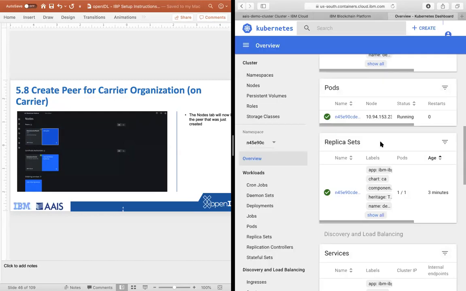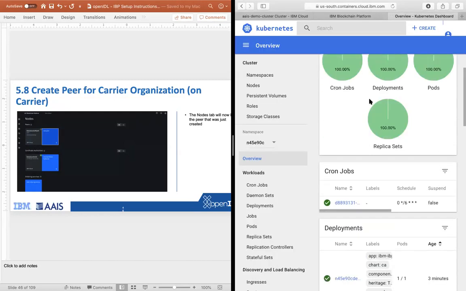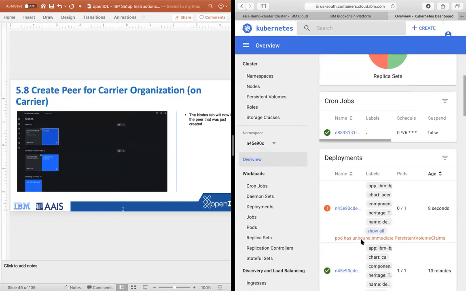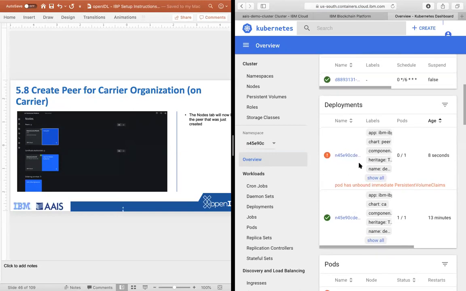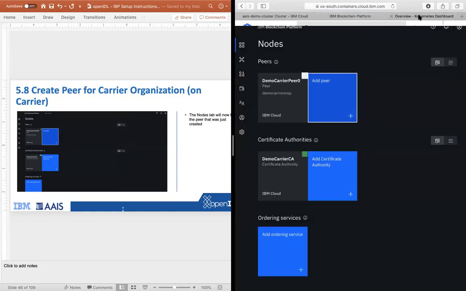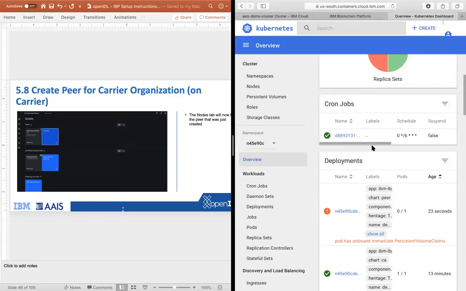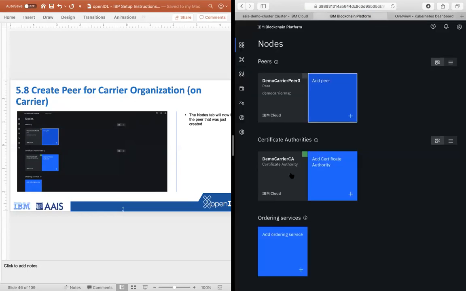And if we wanted to see, we can refresh the dashboard of the Kubernetes. And if you notice, the peer is getting created. It takes a little bit of time to get the PVC, persistent volume claims and all, but we'll move on because we have to create and configure other things while it processes those. So now